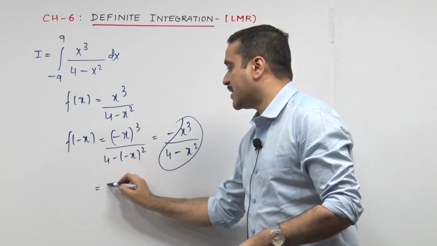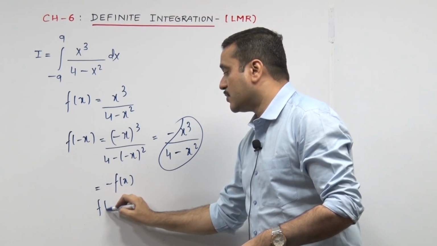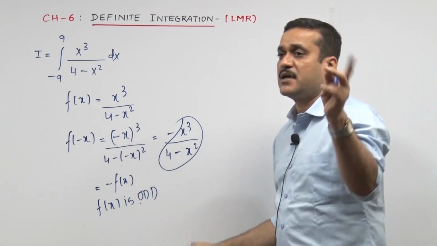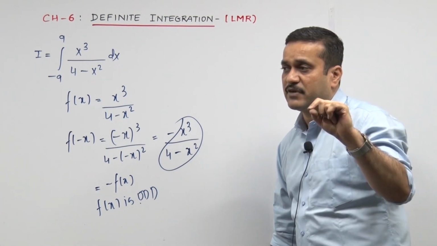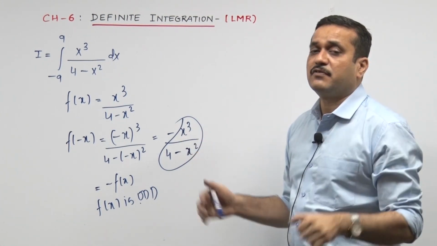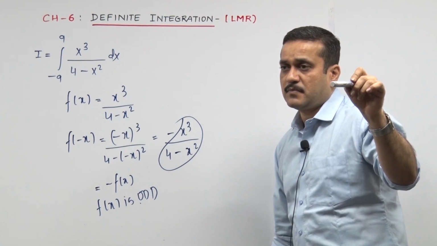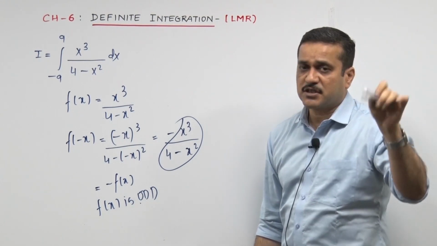So if I see that part, I am back to f of x, but this is minus f of x. So my f of minus x has turned out minus f of x, and therefore first of all I need to claim the function is odd, because the entire property applied is based on whether the function has gone odd or even. So you need to punch it in a big way. The function is odd. I would like to rehearse that song. You see the sum coming up as minus 9 to 9.